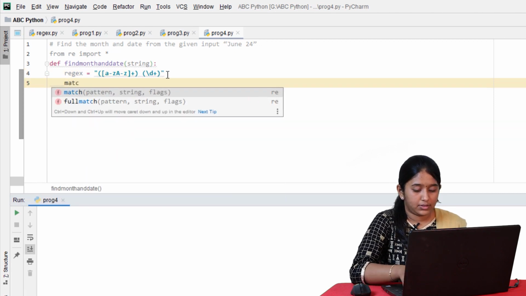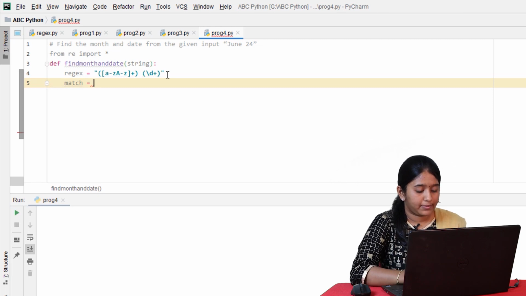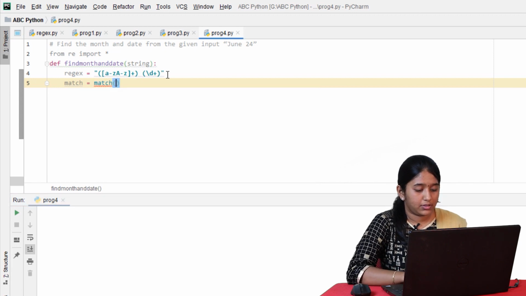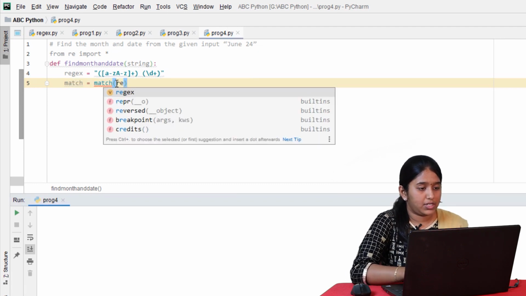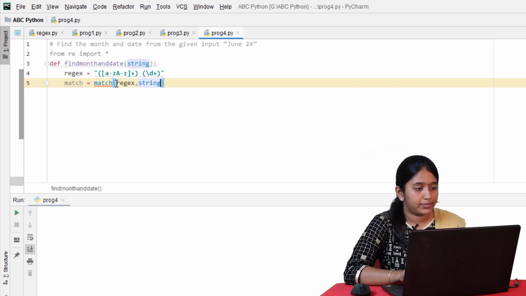Now, let's declare a variable match and use the method match to check whether the regex matches with the string, regex, comma, string.